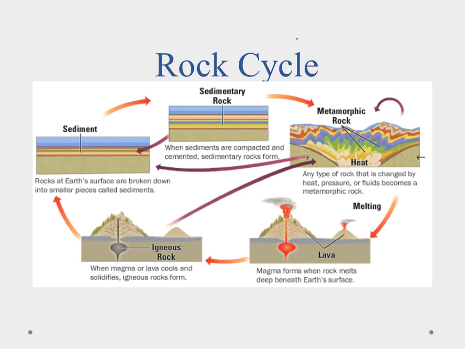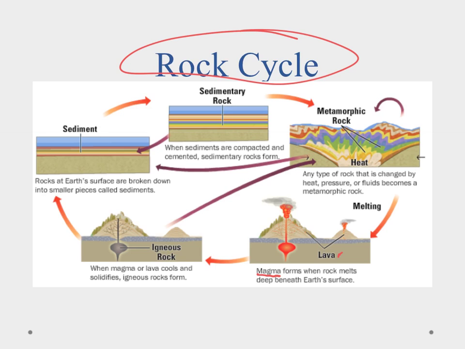Okay, so you're going to hear an awful lot about the rock cycle. The rock cycle quite simply tells us the kinds of rocks, how they're made, and how they can transform from one variety into another. When the planet Earth started, it was basically a bunch of magma. Remember that magma is molten rock below the surface. When it reaches the surface, we change the name over to lava, but basically it's going to be magma while